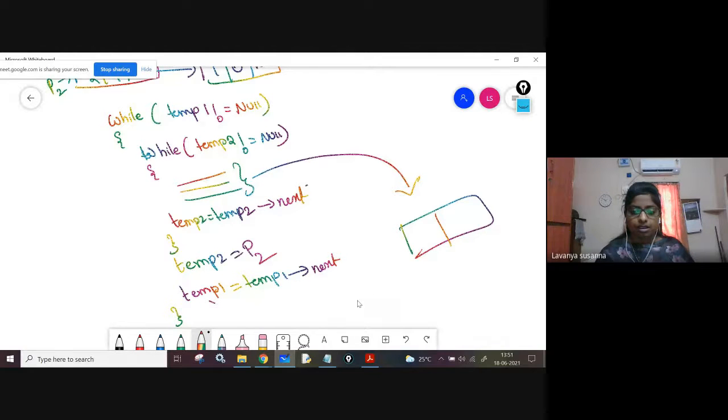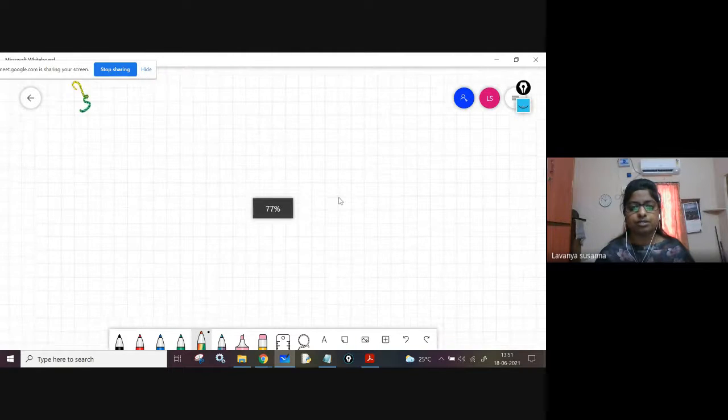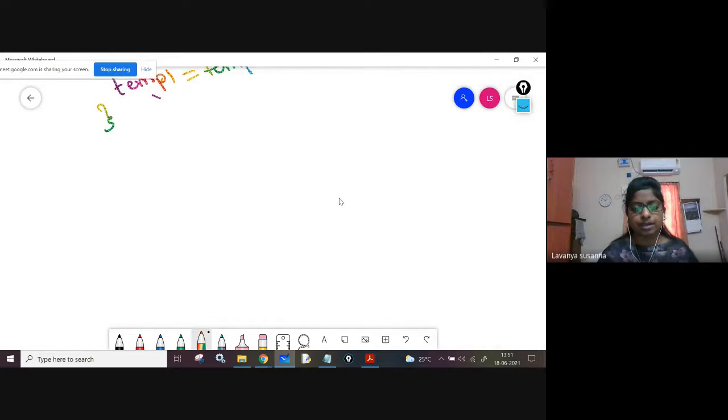Okay, what is the logic for traversing to the last node? Just the last node. Can anyone explain? I mean, just say what is the logic for traversing to the last node? You need to go up to the last node. I said it at the starting of the class. Can anyone explain? See, I'm not talking about P1, P2. I'm not talking about polynomial expressions. How to traverse to the last node?